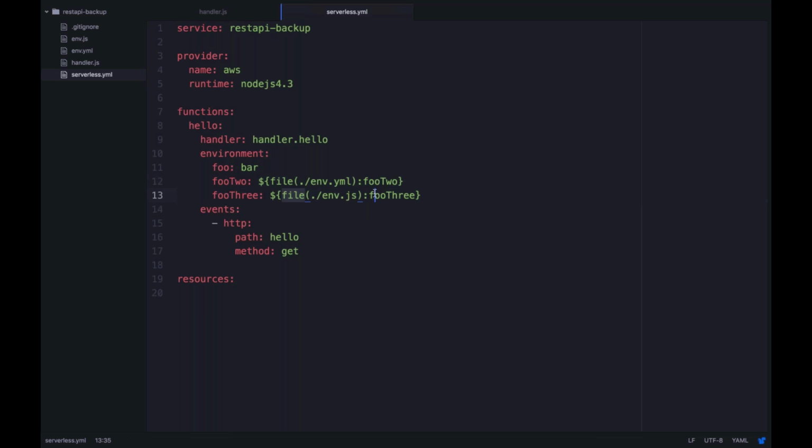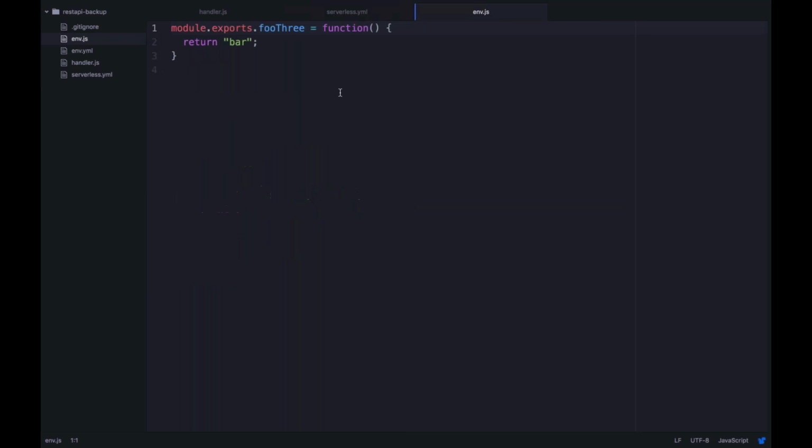And another cool thing you could do with serverless variables is you could reference JavaScript files. This is pretty neat if you need to create dynamic variables, different variables, or even fetch variables from a remote source. So in this example, I have an env.js file that I'm referencing and a foo3 module in that file.